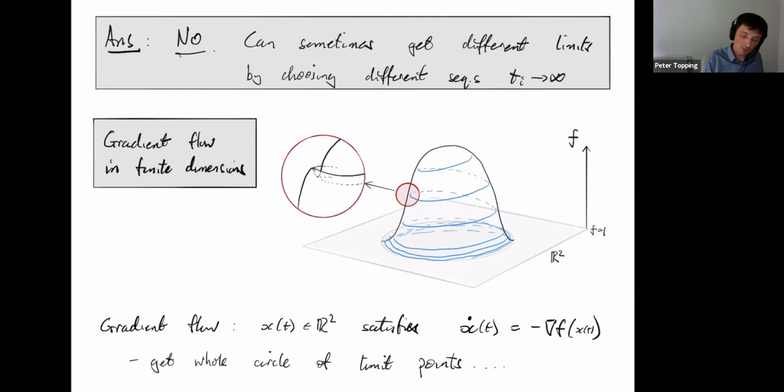I've zoomed in a little bit on the left here, and you can see I've sort of chopped out a little path or a little gully that goes round and round and round. So of course, if I start my gradient flow at a point x0 where the function is within the gully, then the gradient flow will just take you round and round and round. And I've designed this function so that the gully is infinitely long. It just keeps spiraling around, it gets flatter and flatter, and spirals around and around forever. So if I do the usual gradient flow, I'm just in 2 dimensions, and we're going to get this whole circle of limit points here.